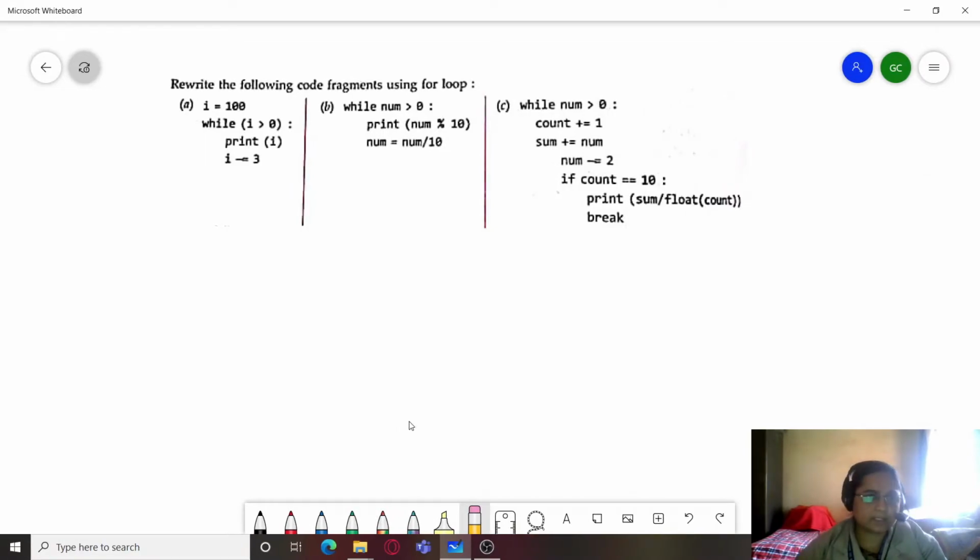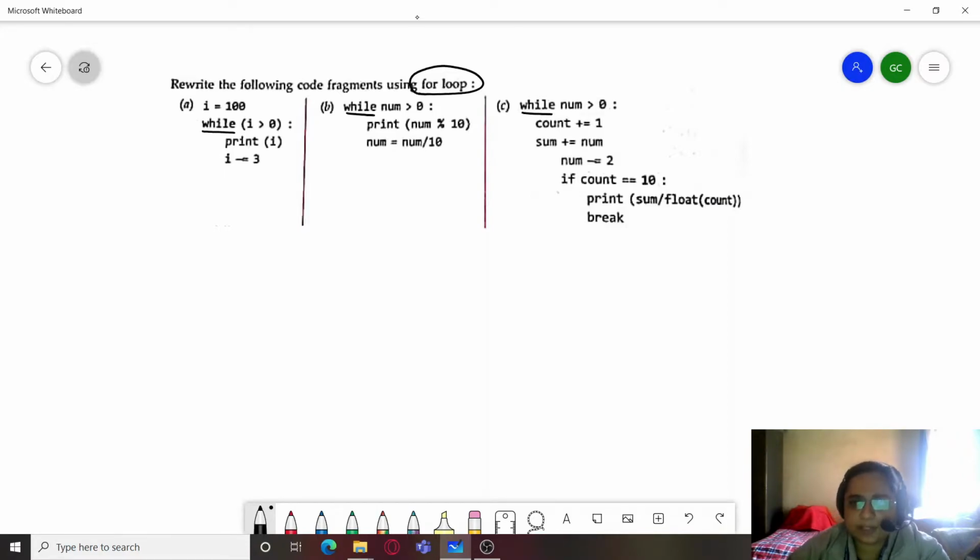Now the third question. Rewrite the following code fragments using for loop. So here we have to convert these code fragments using for loop. And as you can see, they have already been written using the while loop. Now, while loop and for loop are two different types of loops, where while loop is an indefinite, uncertain loop, whereas for loop is a definite loop, which runs for a fixed number of times.